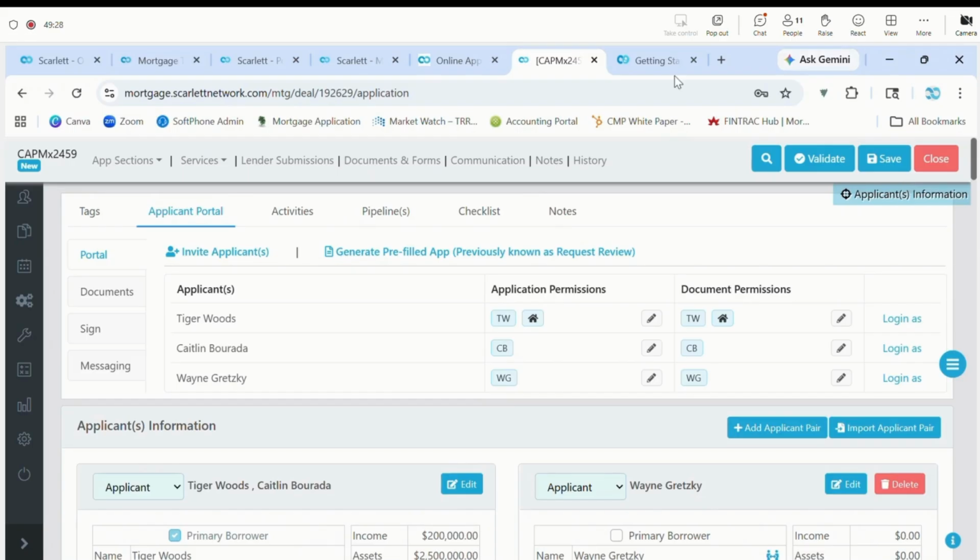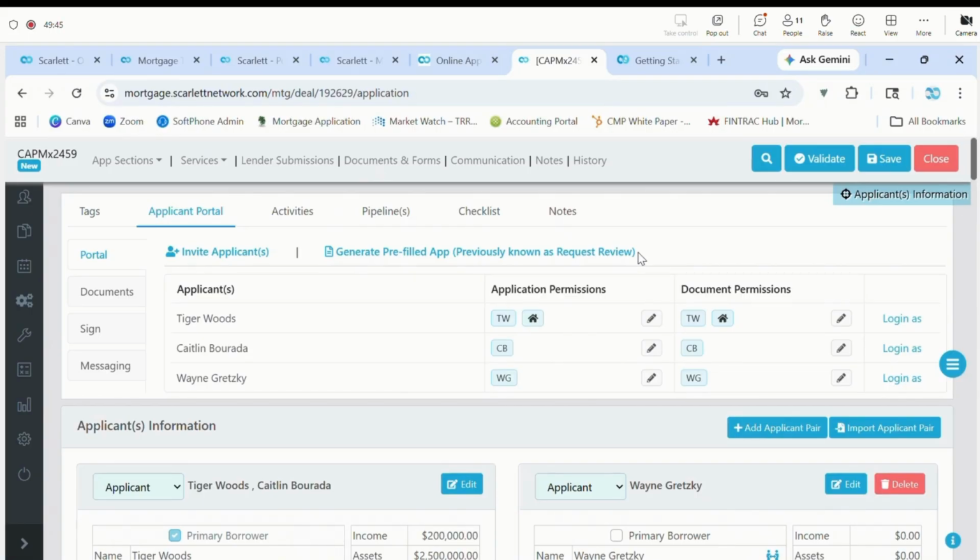Right? I can open it up, review the document. If I'm happy with the quality of that document, then I have the ability to mark that as accepted by agent. Right? Now, if we go back to Tiger, if Tiger Woods comes back in and is going to,